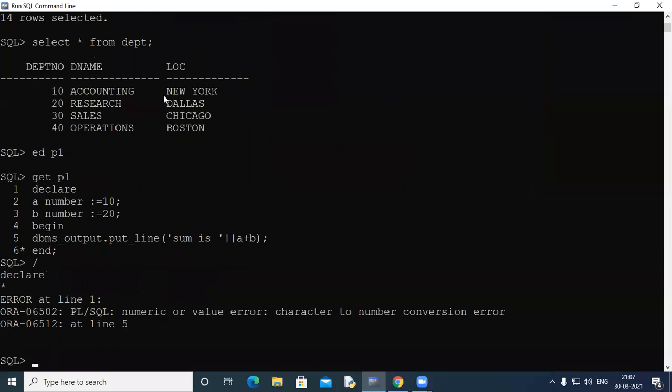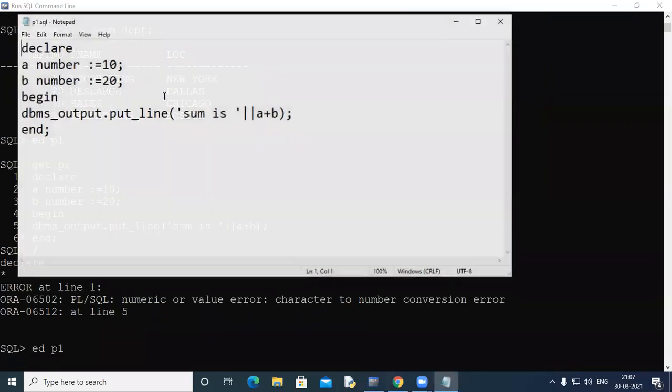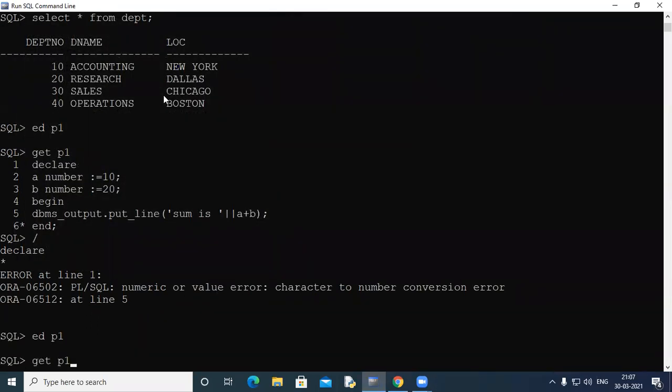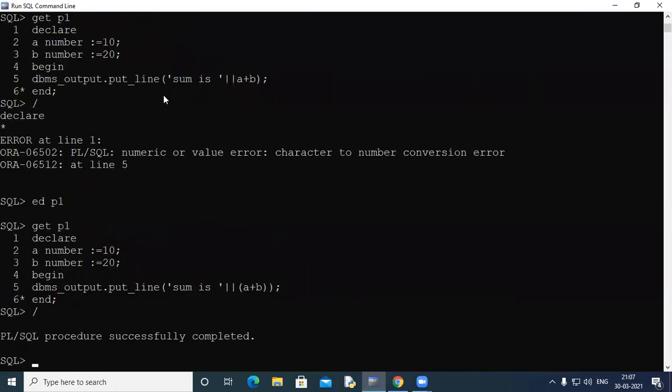I think the concatenation should be in parentheses. Let's check whether that is the error. Yeah, now we can't see the output, so we must write something like set serveroutput on.